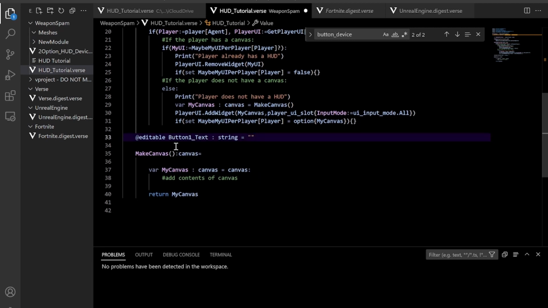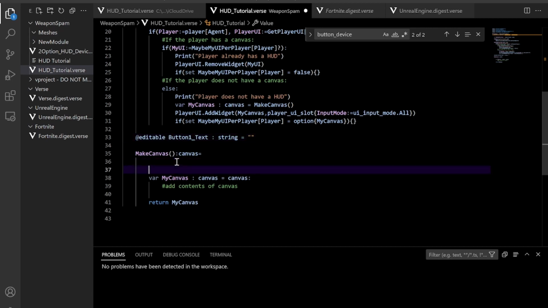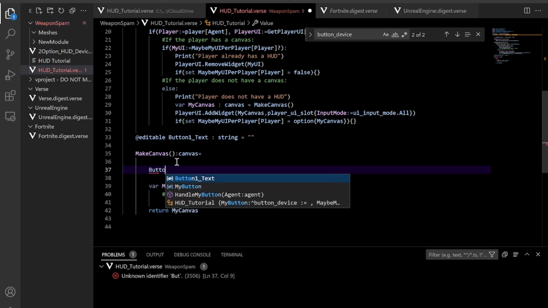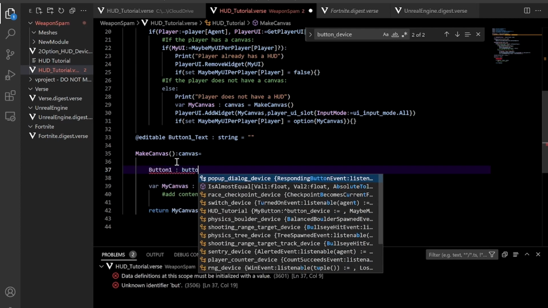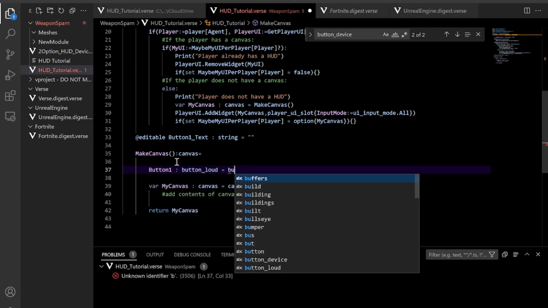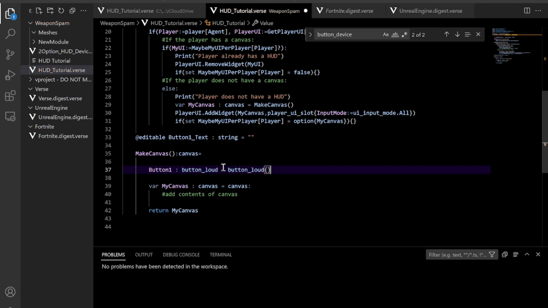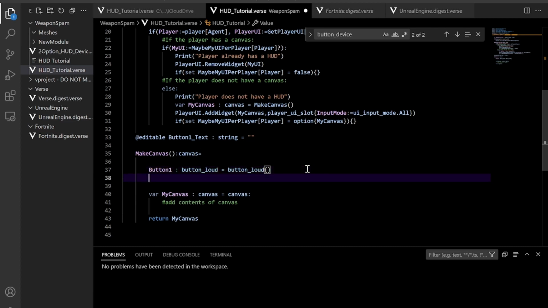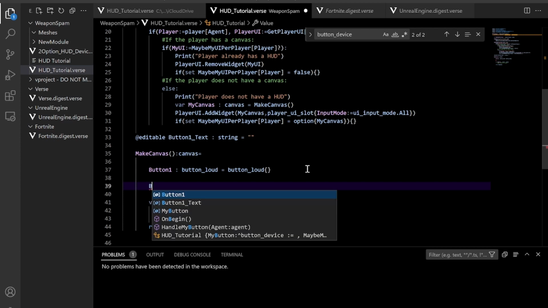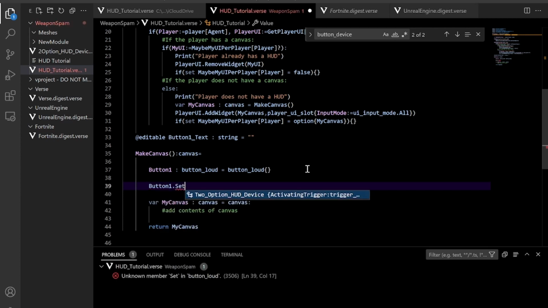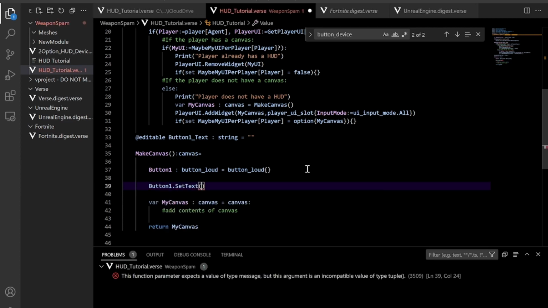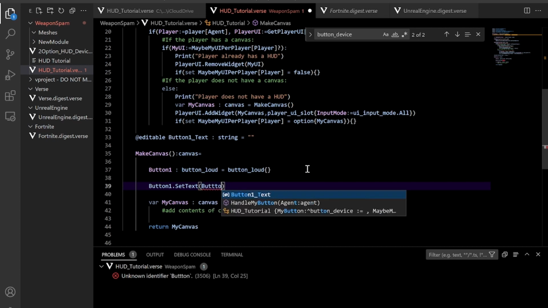And so inside of here, you want to create your buttons. So the first button, let's say I want a button loud. So button1 of type button loud is equal to button loud with curly brackets like that. That's cool, but I want to set the text. So let's use the set text function. Button1 dot set text. In parentheses, we're going to have our text that we want to use, and our text is button1